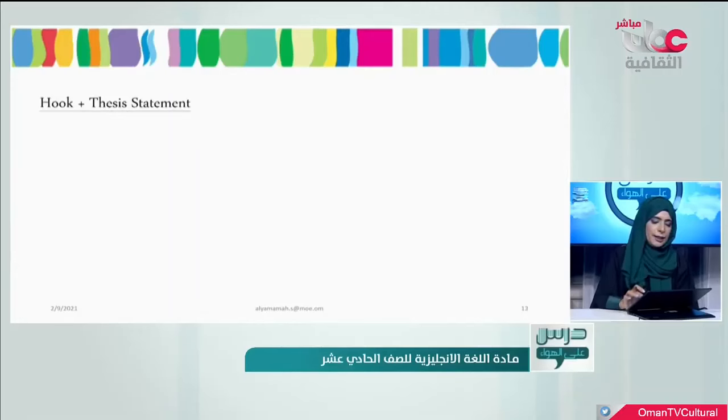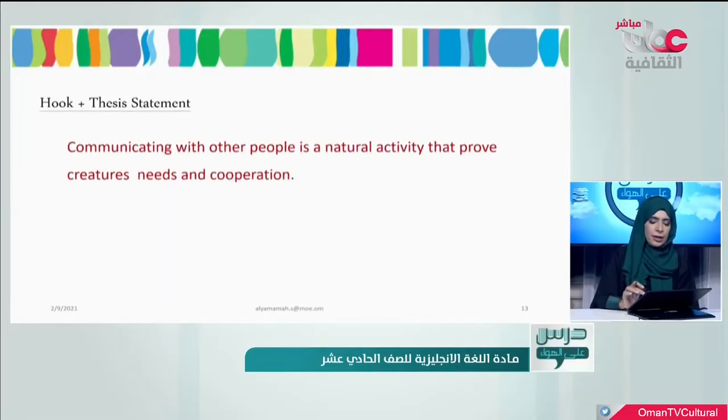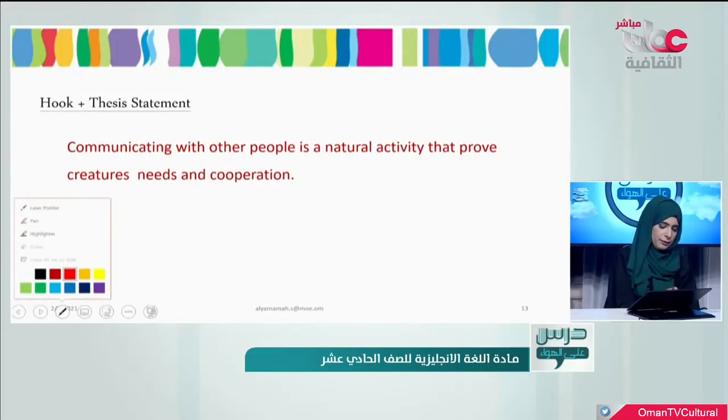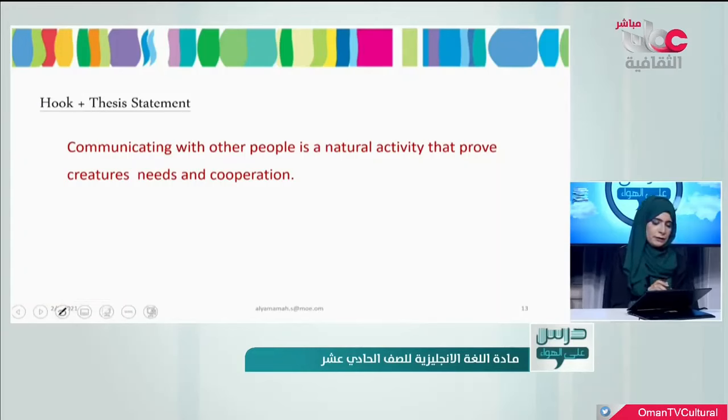Here we have the hook and the thesis statement. Look at the hook on the screen. I will change the color because I used red here. Communicating with other people is a natural activity that improves creators' needs and cooperation. I intended this statement just to catch the reader's attention. Let them read my essay. Let them be more interested to have an idea of what is between the lines. So this is the hook,